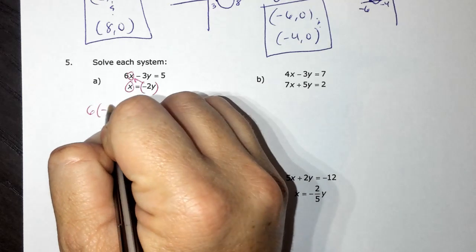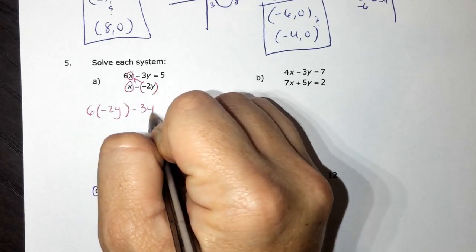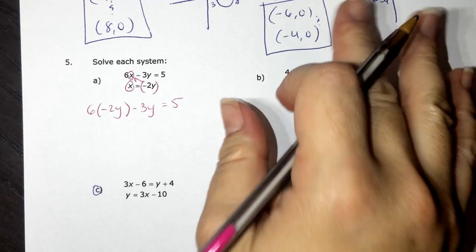So 6 times negative 2y, my kids are arguing, so I'm so sorry, minus 3y equals 5, and I'm going